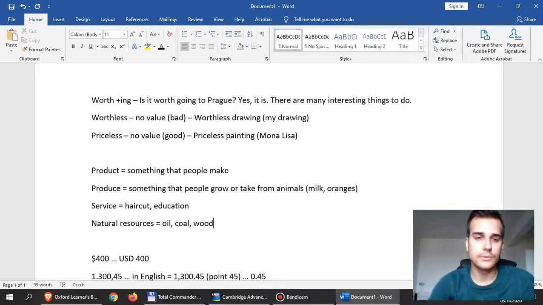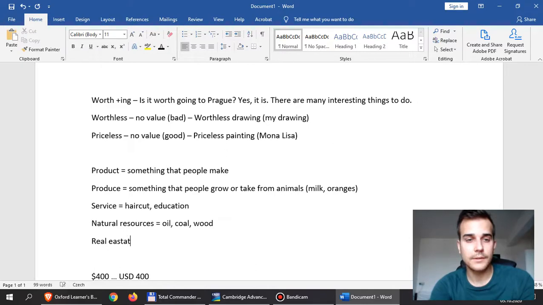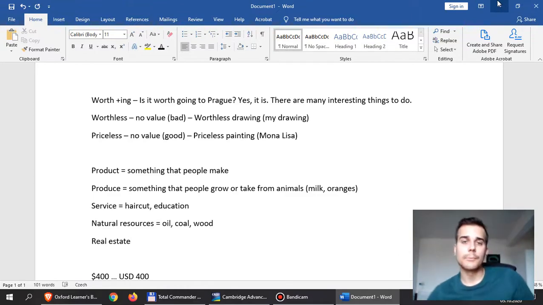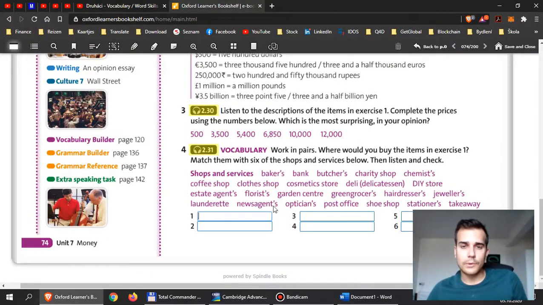Let me add it here too. So actually there are 5 things. Real estate. All right, real estate are houses or garages or apartments. Then we have florists. This is where you go buy flowers. Garden center, those are